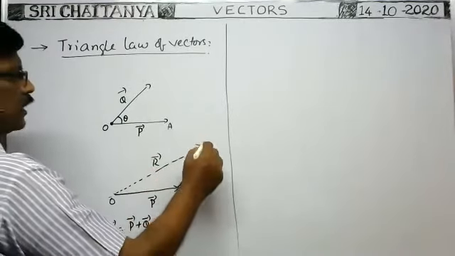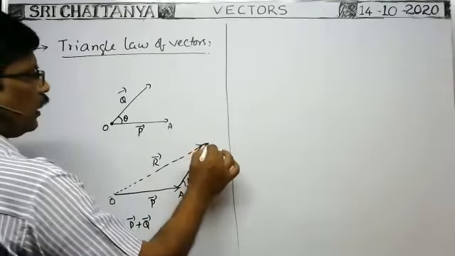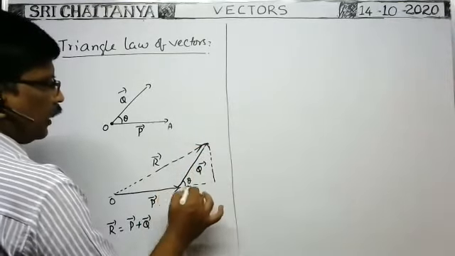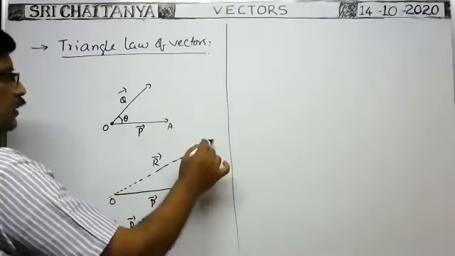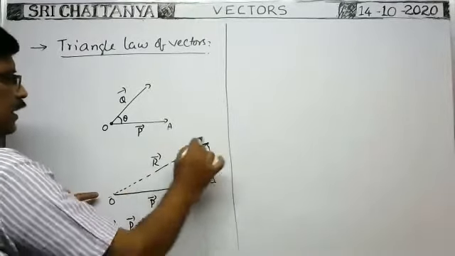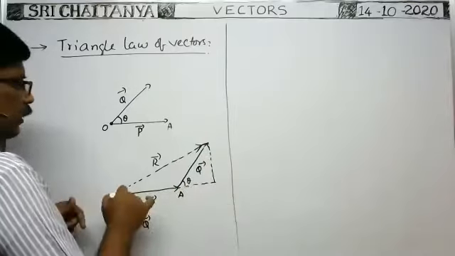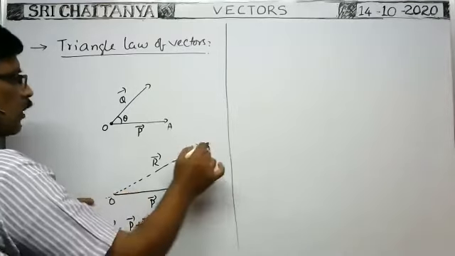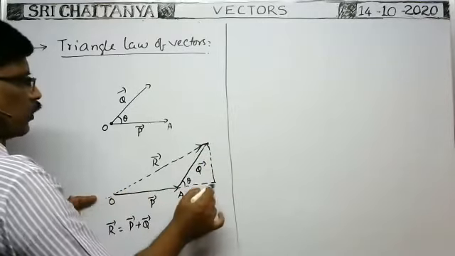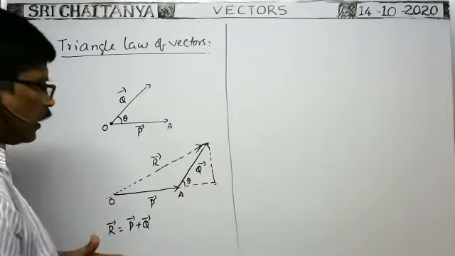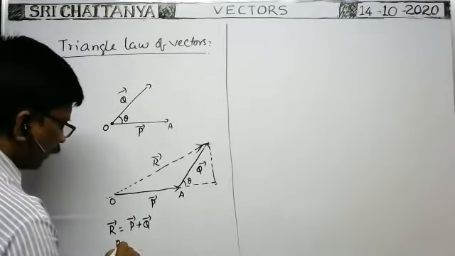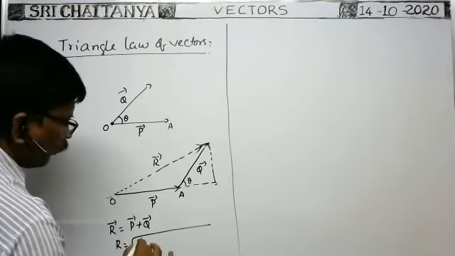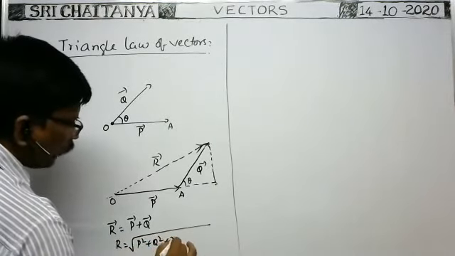Here it is similar to the parallelogram law of vector addition. In the parallelogram law, we draw a perpendicular line onto the line OA extended, and this makes a right angle triangle. Then by applying the Pythagoras principle, this square is equal to this square plus this square. By that we derive the formula for the magnitude of the resultant as square root of p square plus q square plus 2pq cos theta.